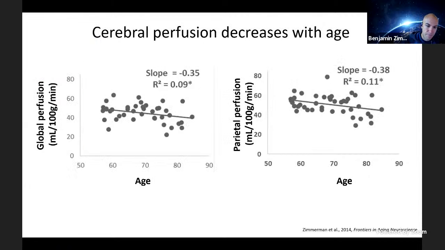Okay. We also see that measures that are thought to be somewhat reflective of vascular health decrease with age. So such as cerebral perfusion is a measure that I've worked on. I'm showing data here from our lab, but other labs have shown this pattern too, where the cerebral blood flow decreases with age. And again, this seems to be particularly true in certain regions of the brain. I used pretty large regions here, but this is just showing that in this broad area of the parietal lobe, I see slightly more reliable decline with age than if I look at the whole brain altogether, although I do observe this pattern globally.